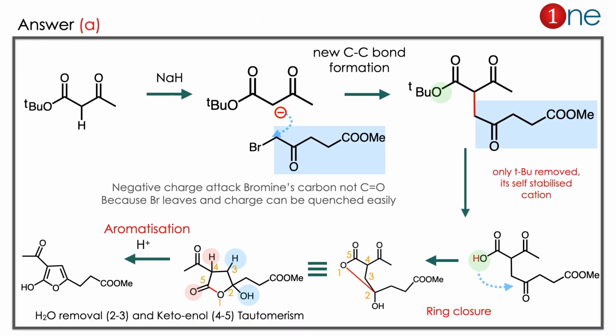The answer is A. Let us see how. The starting material contains an active methylene group. It has 2 carbonyls on the ends, so it will be very active. The hydrogen will be acidic there. You are using the base. Base abstracts the proton and carbanion forms. Next step you are using the carbonyl group with bromine. Here the negative charge attacks the bromine carbon, not the carbonyl, because bromine is a good leaving group. The question is really about where the CC bond forms. Here the bromine carbon forms the CC bond.